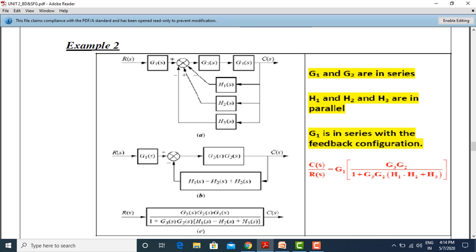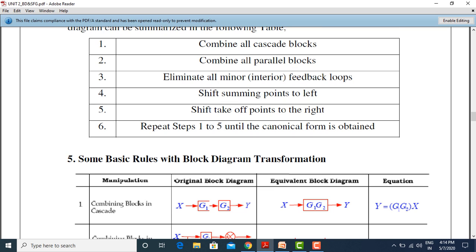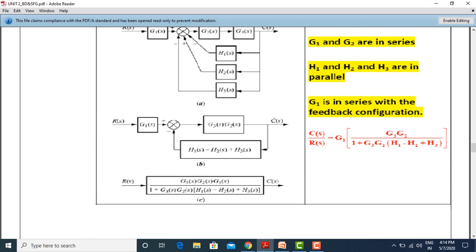In a diagram, if I observe, I should remember the 5 rules. First of all, eliminate series connection, then parallel, then minor feedback loop, summing point to the left, takeoff point to the right, and repeat steps 1 to 5. Again,